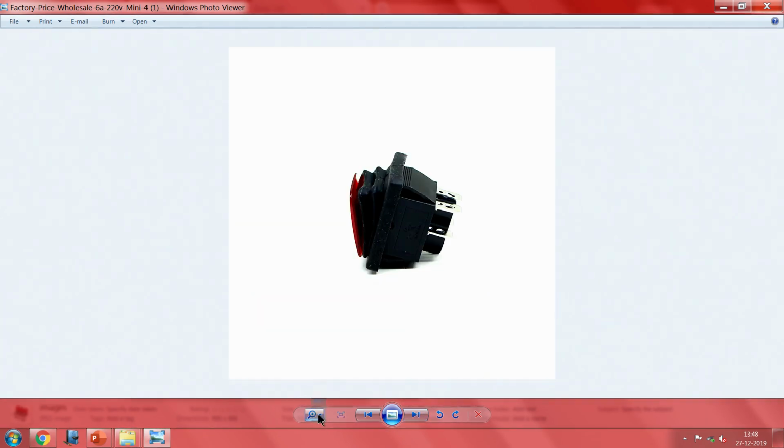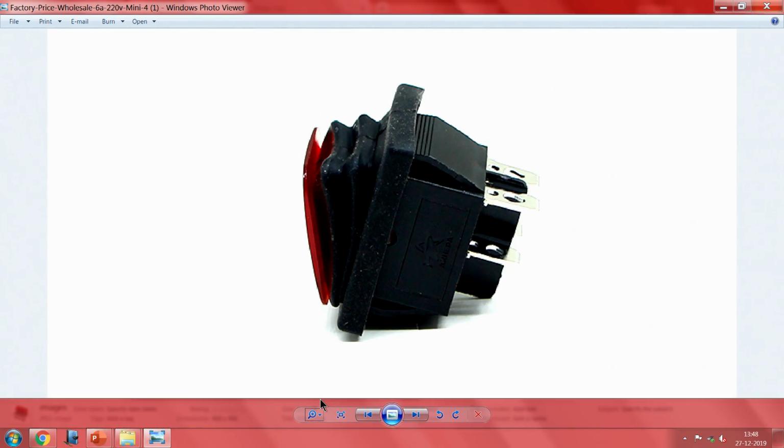Now, if you see closer on this, you will notice a lot of things. This is a snap fit onto a panel. Right from the front you can just push it, when you make an appropriate opening for this, and then you have these lugs here, it is easily field replaceable.